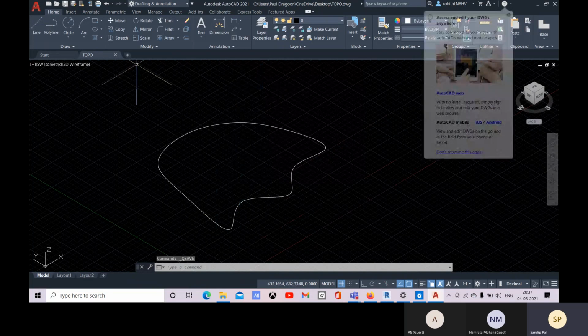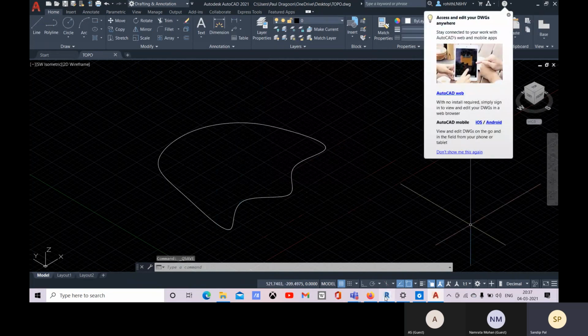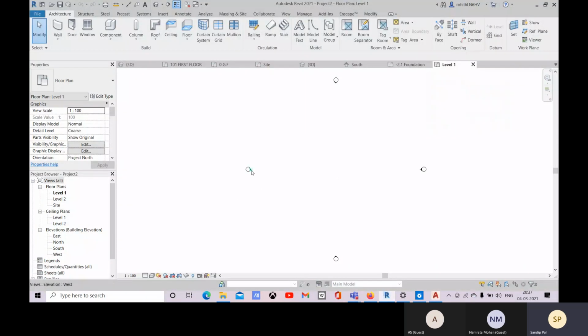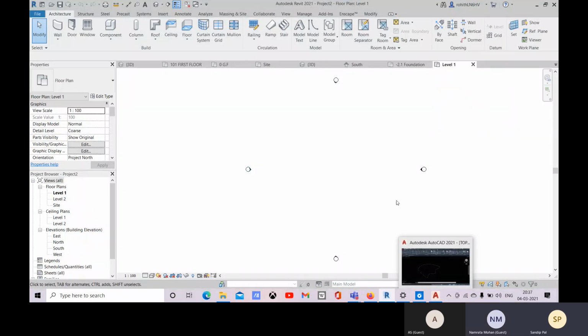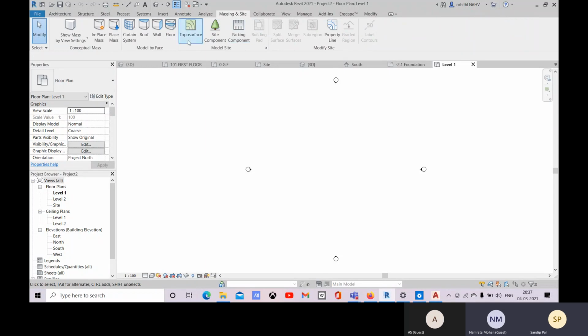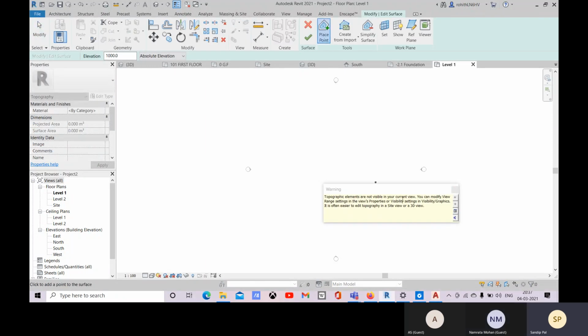in desktop, and let me open Revit. Is this Revit screen visible? Yes, sir. Blank one. Okay, all right. So now you come to this topo surface.